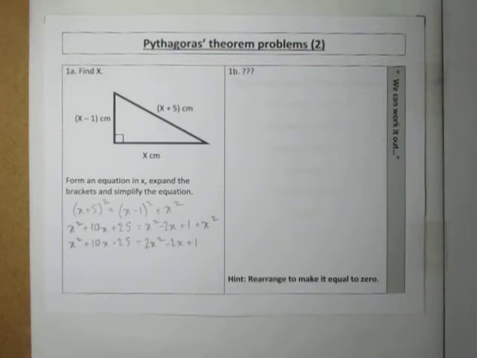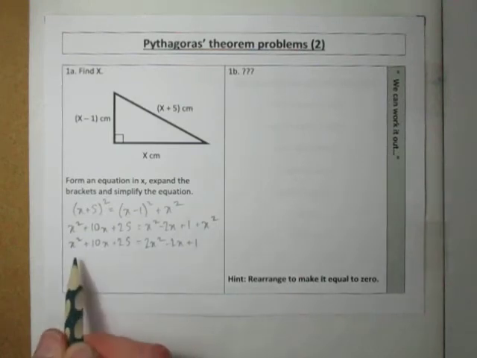Well, hopefully, at this stage, you're going to recognise that what we have here are two quadratic expressions. And if we are going to rearrange these to leave a single quadratic, then it's got to be equal to 0 if we're going to be able to solve it. All the techniques we have at this stage for solving quadratic equations rely on the equation being made equal to 0. So what I'm going to do is take away x squared from both sides of the